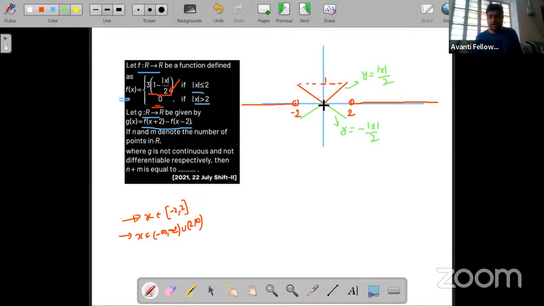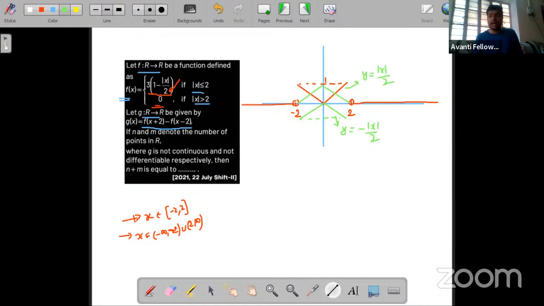So this value is 0. If I lift it, all values will be moved 1 unit upward. So at this point, x equals 0, y is 0, and now y will be 1. So here, this value is 1. This value is minus 1. If I move upward by 1 unit, these values will be at 0. So the function will look like this. Right or not? This will be my net function.